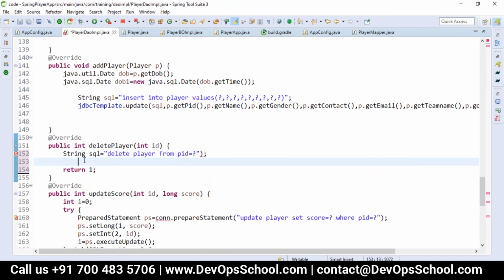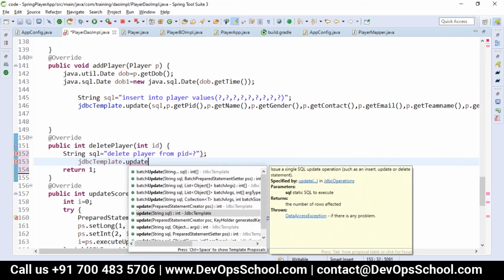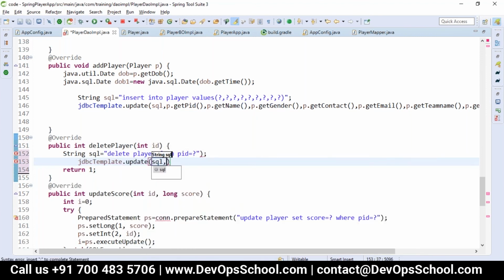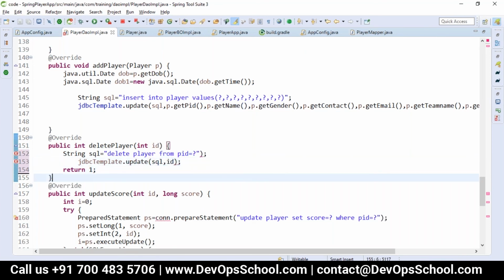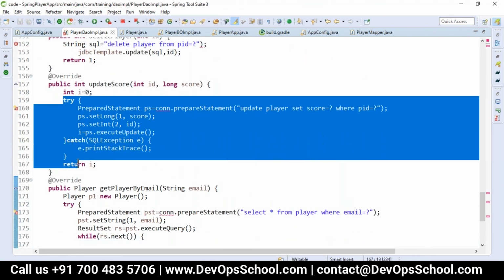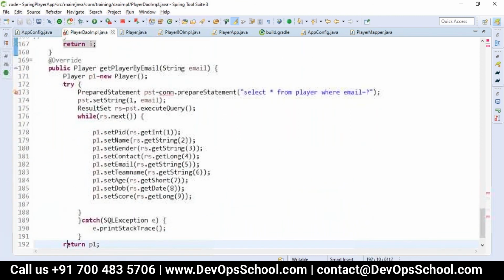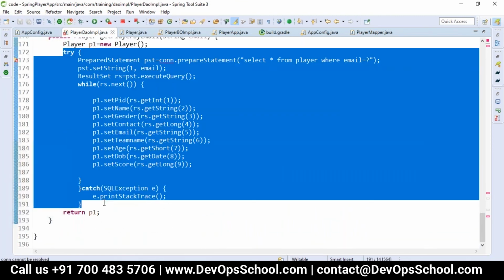So let me just use the JDBC template update method with the SQL, and here it's only ID. Same way we can do it for updating and then for all other methods.